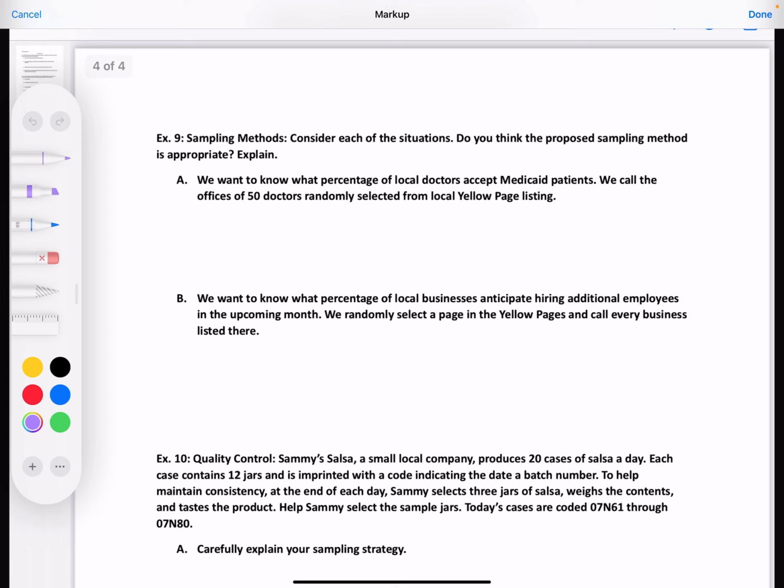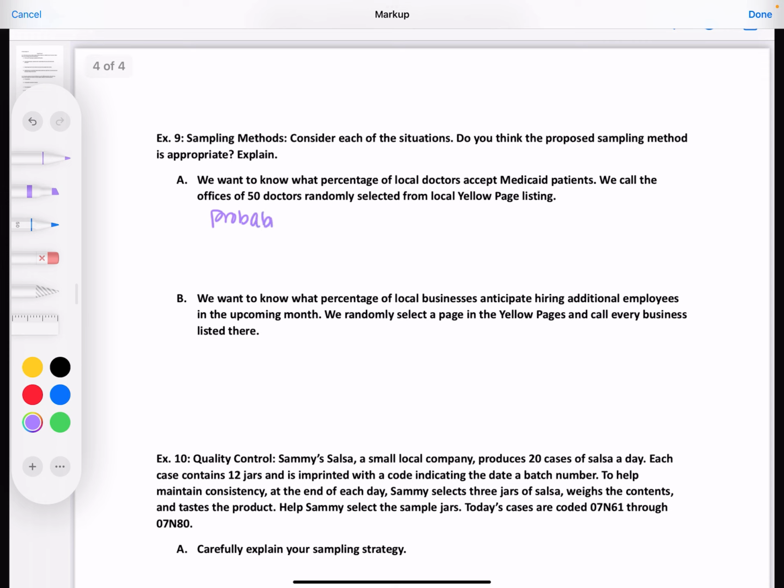I would say that the way that they went about it, randomly selecting, that part's fine, but it does cost money to list in the Yellow Pages, so a lot of offices may not list there. So the thought is that there could be undercoverage because it's only going to the people who are listed there as opposed to everyone in the area. Randomly selecting from, say, Google would be a little different because everybody should be there. So I would say the random part is good, but it's probably undercoverage